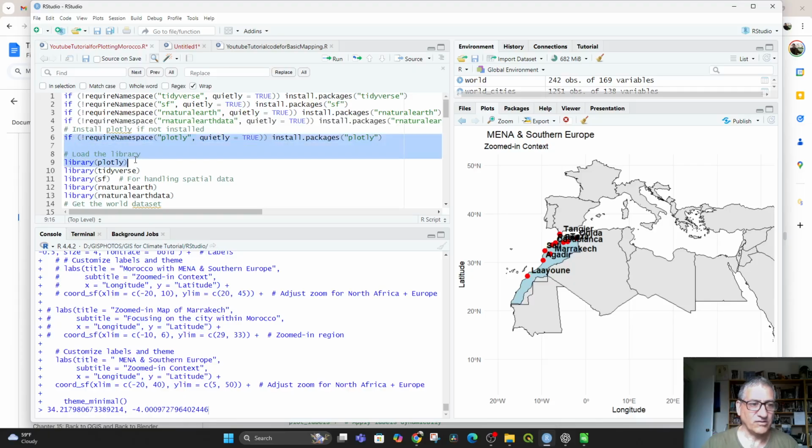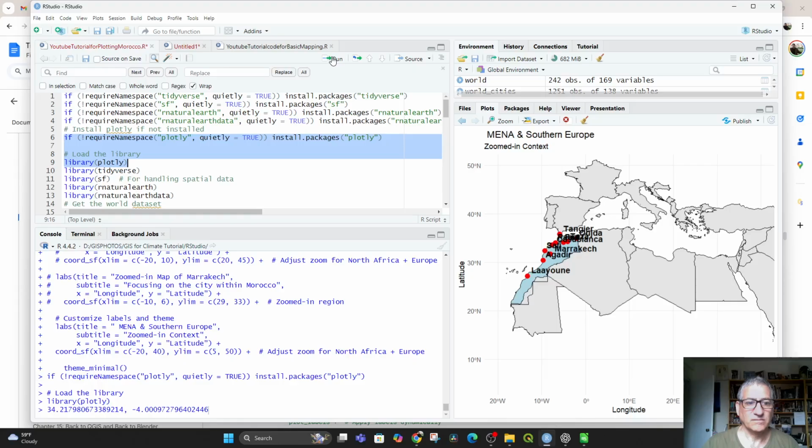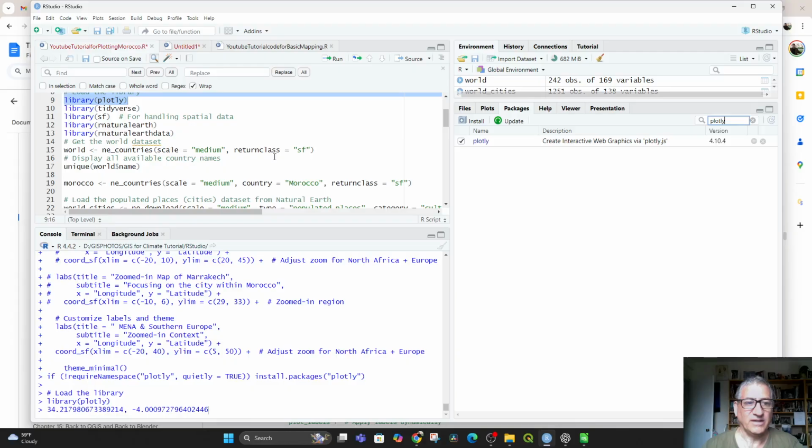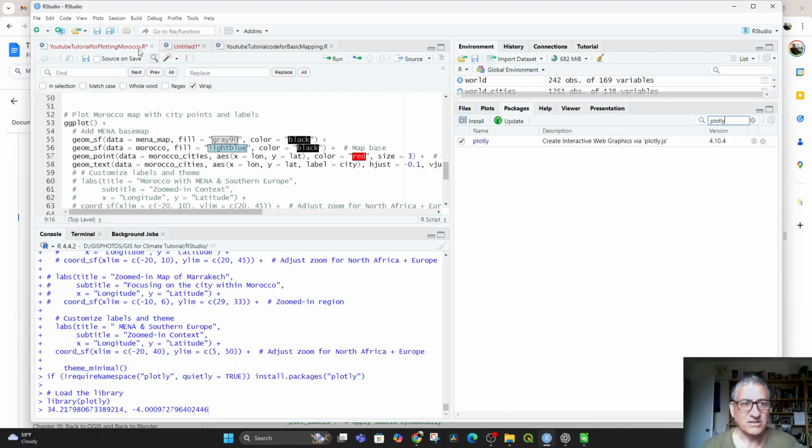So let's run this and this. And so it's now loaded, library PLOTLY is loaded, and we could always check that by going here and looking for PLOTLY. And there it is, checked off. So PLOTLY's in now, which is good. Now the next thing, save this. Now with PLOTLY loaded,